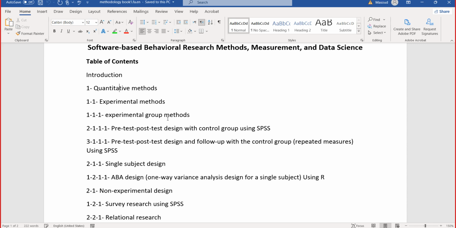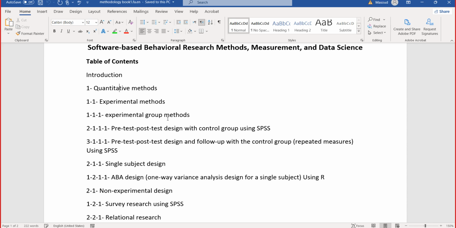After the teaching you have the post-test. And follow-up is done after a while, a time lag, to find out how persistent the treatment is for the experimental group.